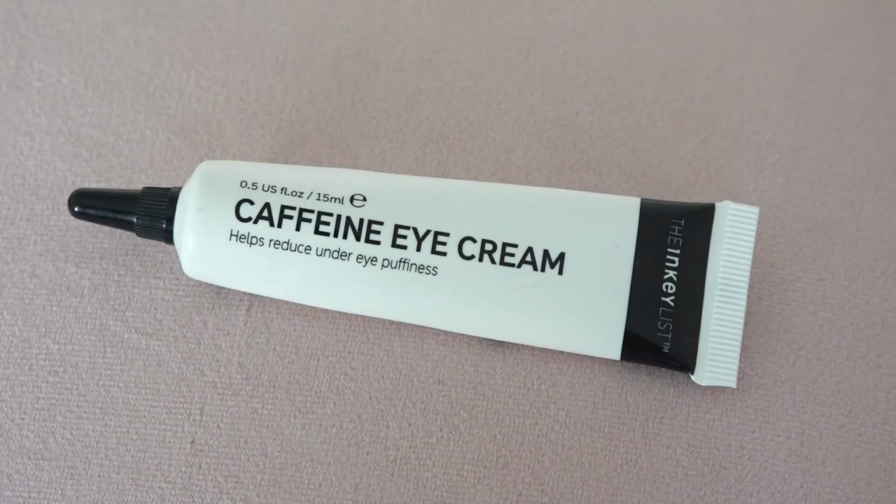Well, it's the Inkey List Caffeine Eye Cream. I don't know if it's the fact that it has caffeine in it that I see a difference, but it's extremely affordable, available at Sephora, and I'll let you know after the next package if it's worth it and you should go get it. This next item took very long for me to get through, but that wasn't necessarily a